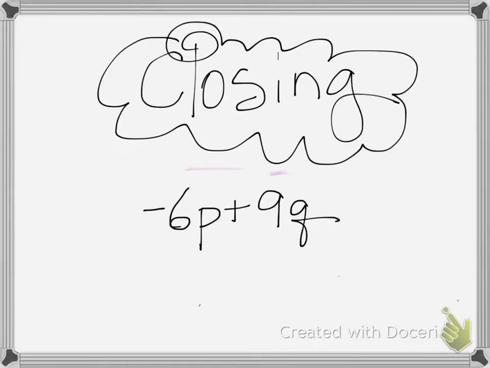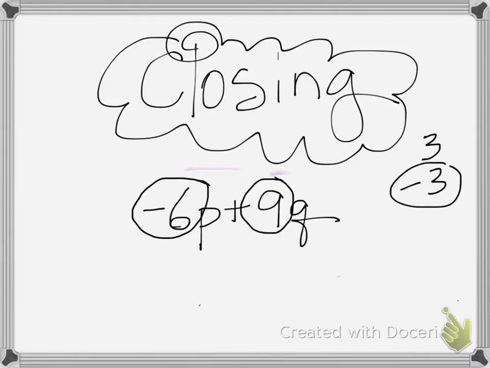So in this case, we're looking in terms of integers. We're not just talking about positive numbers, but we're looking at what are some of the factors of negative 6 and 9. 3 is one, but we also have to remember that not only 3, but negative 3 could also be used. So if we use a negative 3, then we can end up with 2p